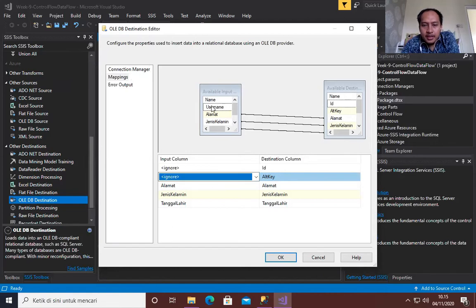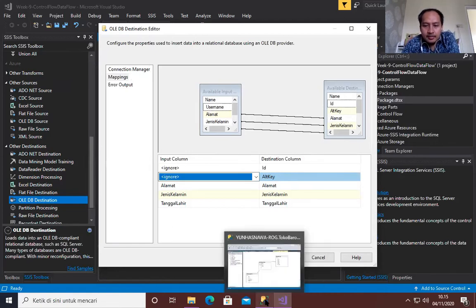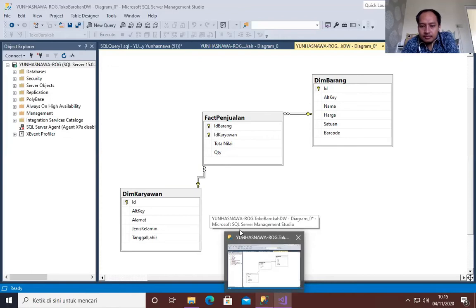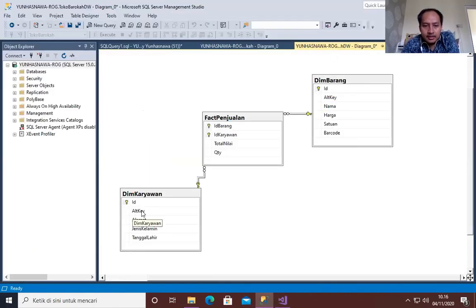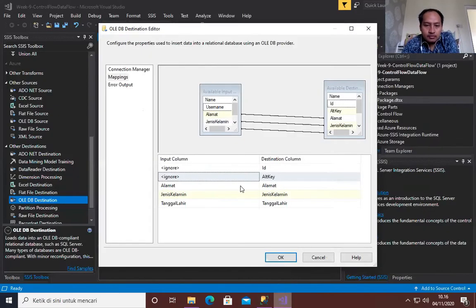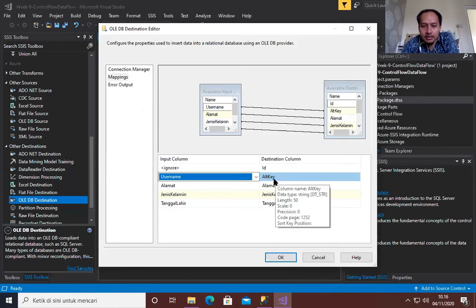The primary key is the username. In our Toko Barokah diagram, the primary key is the username. The username will be the alternate key in our dim karyawan, and the ID is of course auto increment. So we make sure that username will move into the destination column named alternate key, and the others go to the same name.